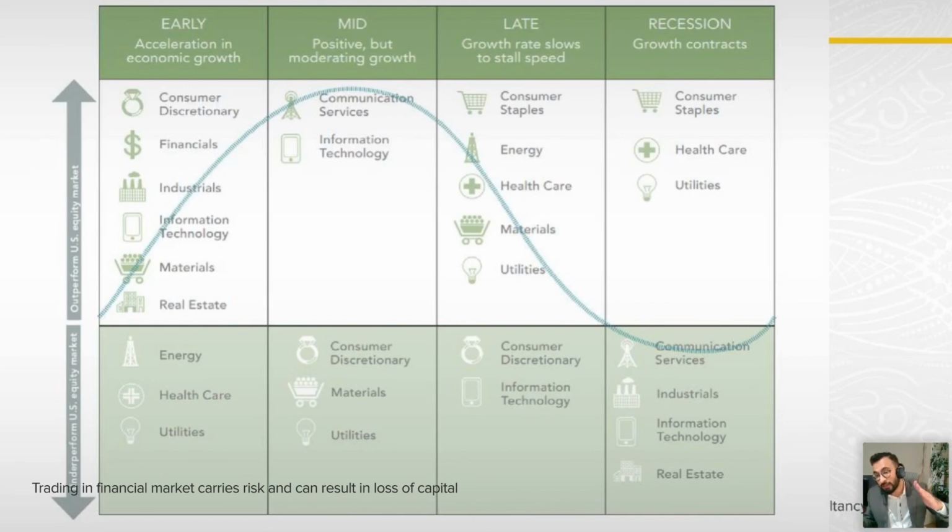When the economy is growing at a higher pace, and then reaches a moderate growth phase, when it's not accelerating, it is still positive but moderate, start investing into communications and start avoiding the brands, start avoiding the materials, the infrastructure, the raw materials. When the growth rate falls, again, not when the economy falls, when the growth rate of the economy starts falling, that's where you start investing into